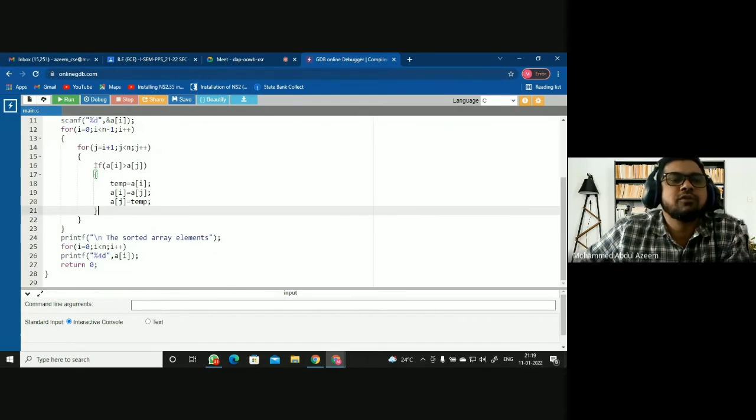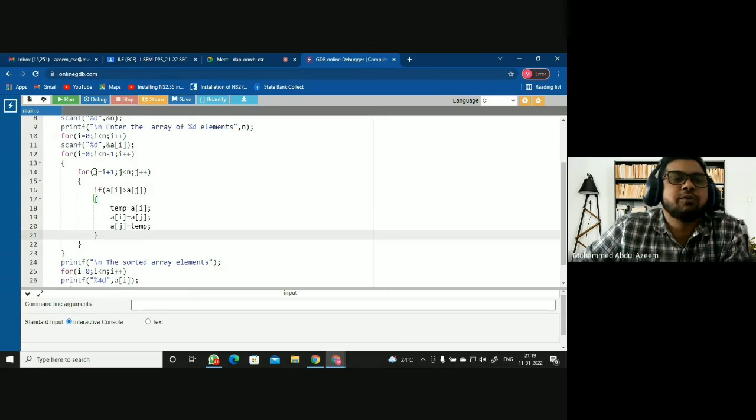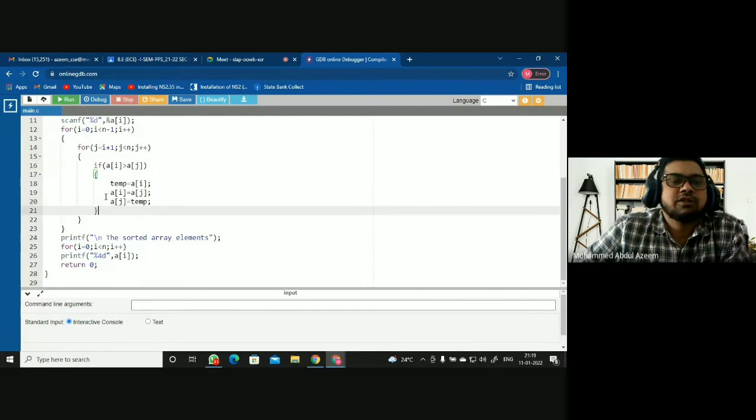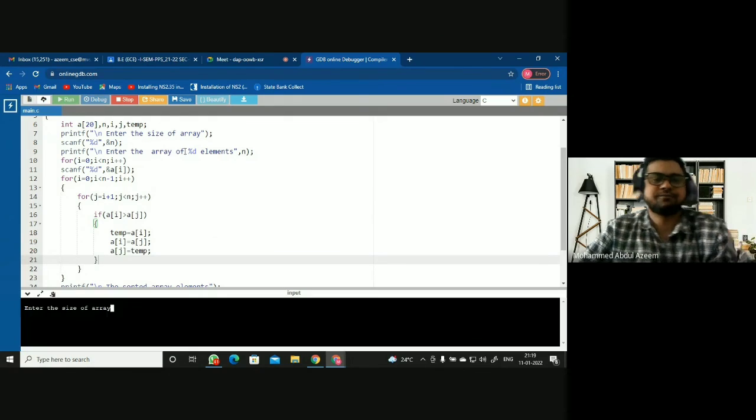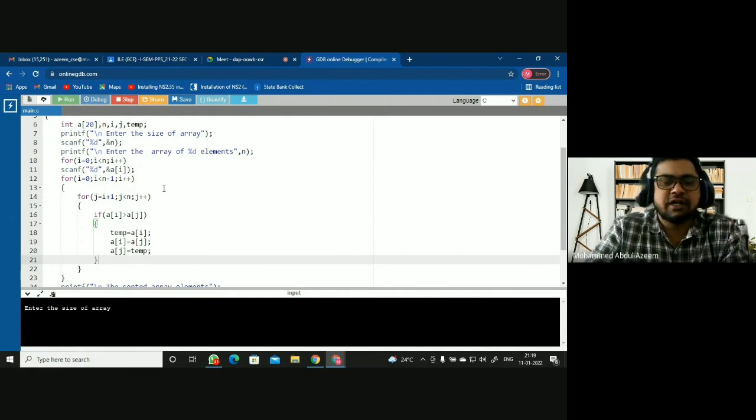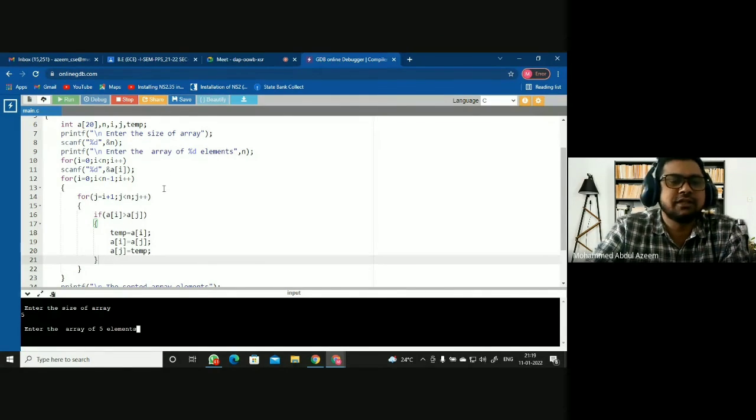Okay, so this is my if condition, this is my inside loop, this is the inner loop, and this is the outer loop. And now my logic is complete, and the sorted array elements are going to be printed here. Fine. So now we can run this algorithm and look at it. Here again, asking for the size. I'm giving five as the size. Let us say you can enter any elements: 87, 23, 12, 56. Any random values you give.